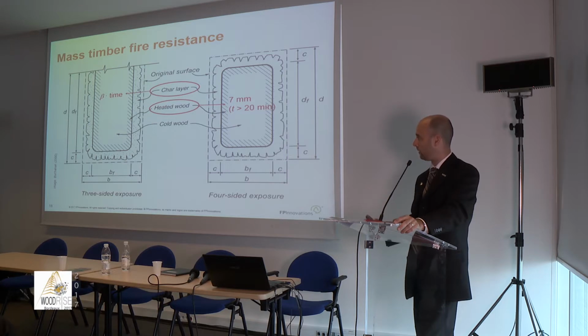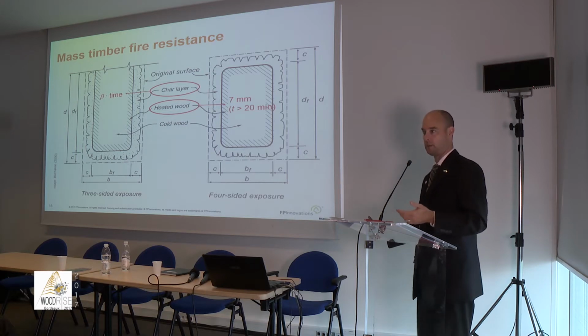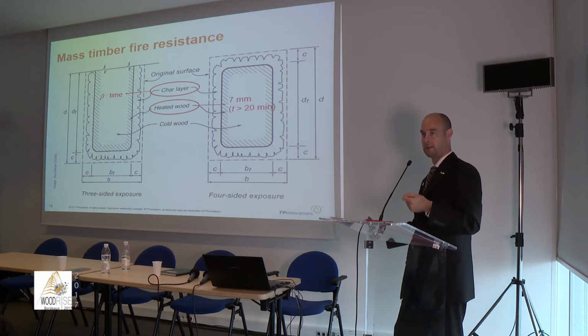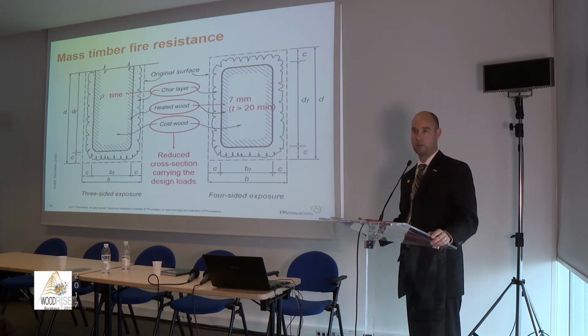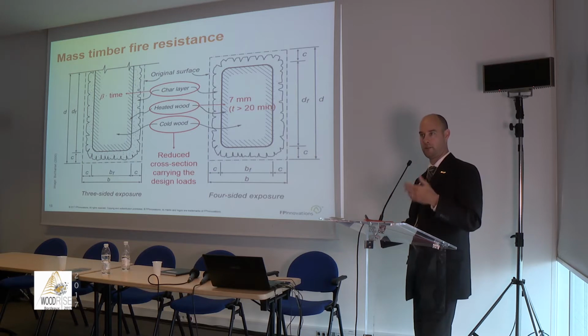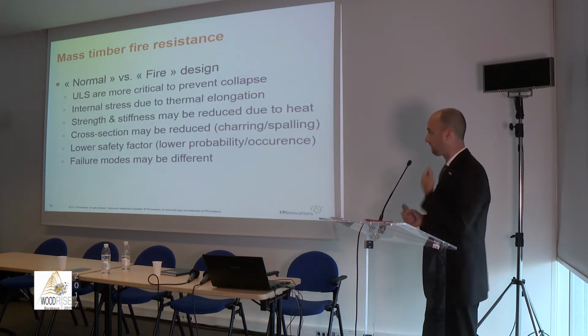And then we add a heated wood layer that is an additional 7 minutes. We're kind of ignoring that extra layer. The thermal effects have started to decrease the mechanical properties of the wood, so we just remove it as well. So it's an additional layer of safety that we put into the structural calculations. And then you use what's left with traditional structural behavior equations, and you can calculate the residual resistance of your element. So whether it's a beam or a column, you have different things to look at.